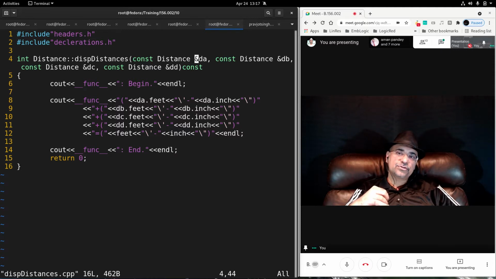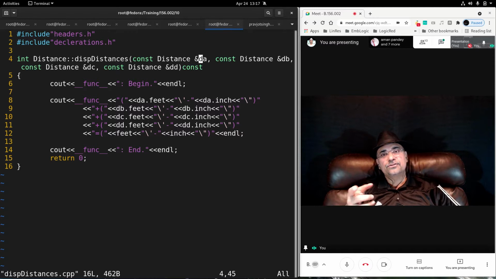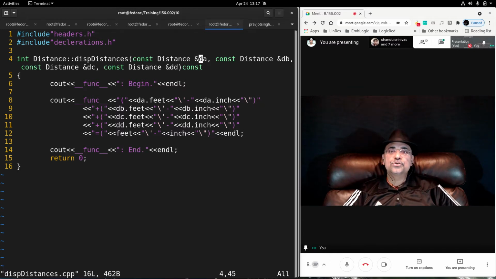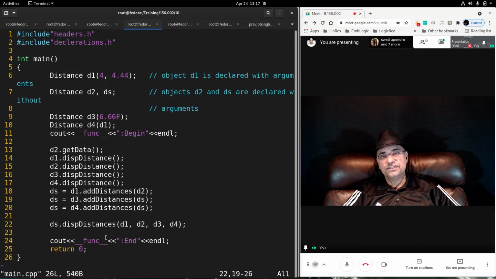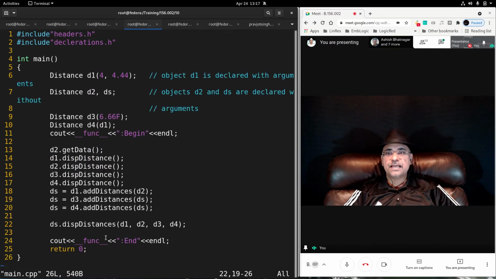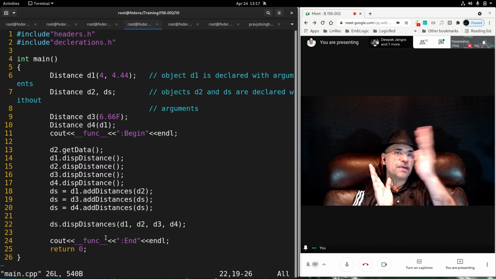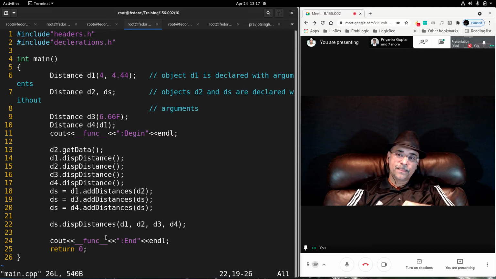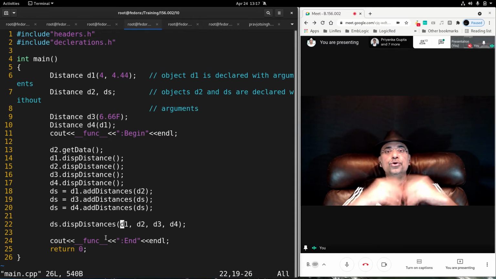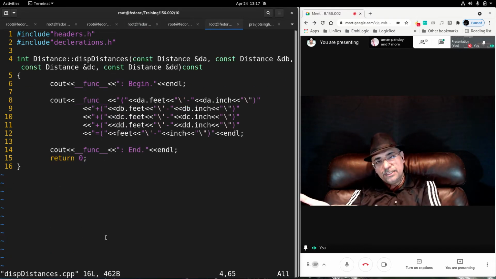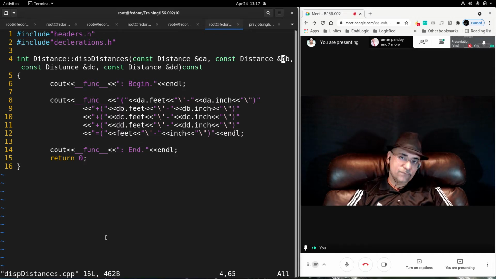Instead, a reference to the passed argument, a reference to the argument that was supposed to be passed but did not get passed. So a reference to that object is created. So a reference to the original d1 is created and a reference to the original d2 is created. So d1, d2, d3, d4 did not get passed as an argument. Instead, a reference to the original data was created, like pointers. Due to which no new formal arguments were created here and you referred to the original ones only. So therefore the copy constructor did not get invoked.